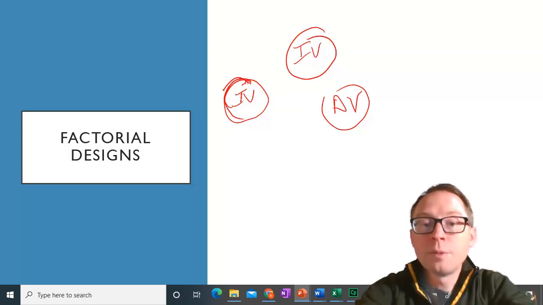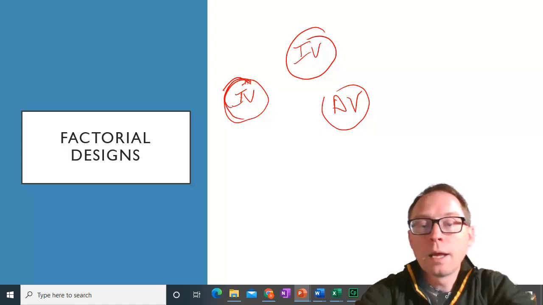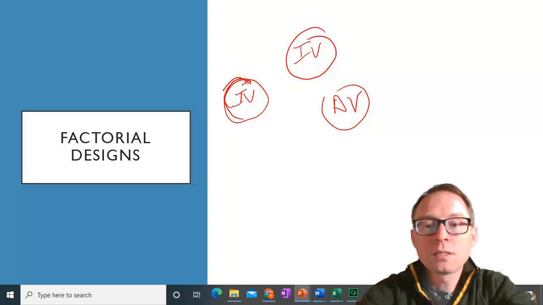IV stands for independent variable, DV stands for dependent variable. Now, normally we're looking for this kind of a relationship, a moderated relationship. Now, you'll see that this is a moderated relationship because the first independent variable,